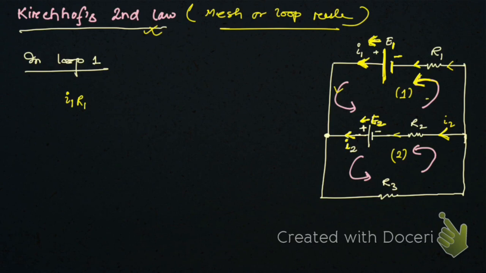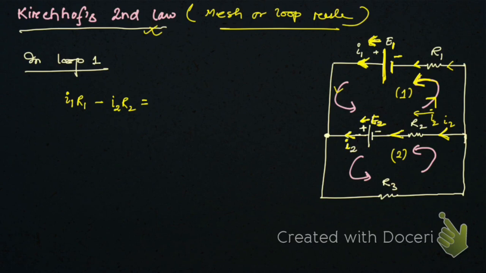So this is the path that we have chosen in mesh 1 or loop 1, and the direction of current I2 is in opposite direction, right? So that's why it will be negative. I2 R2 is negative, and the sum of